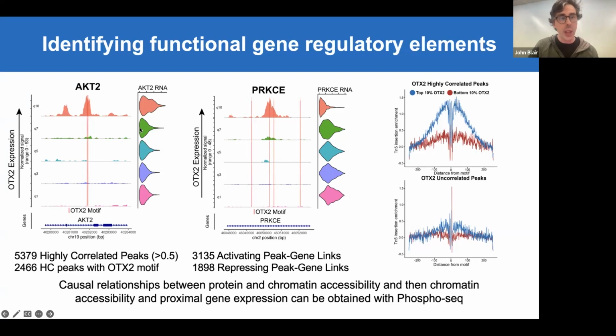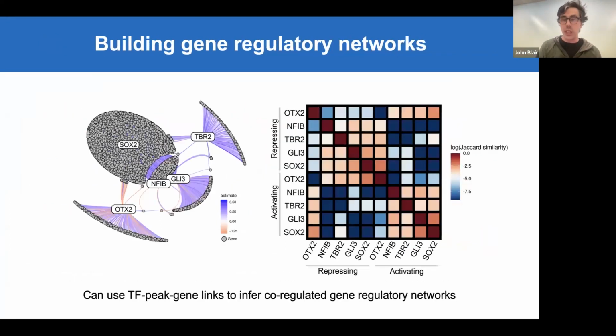One is an activating peak gene link, where as chromatin becomes more accessible, OTX2 binds or other transcription factors bind, and the proximal RNA increases in expression. Or you can have a repressive peak gene link where the opposite happens. As the chromatin becomes more accessible, the expression of the RNA goes down. If you take lists of these for each transcription factor that we've profiled in our assay, you can start to build gene regulatory networks where we can identify genes that are being co-regulated by different transcription factors, including cooperatively, and